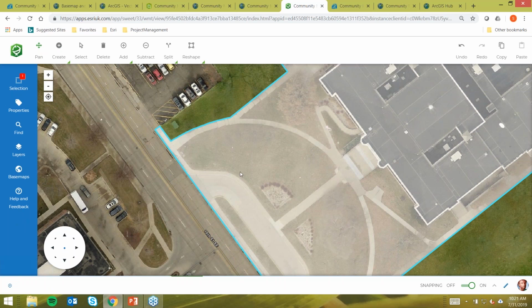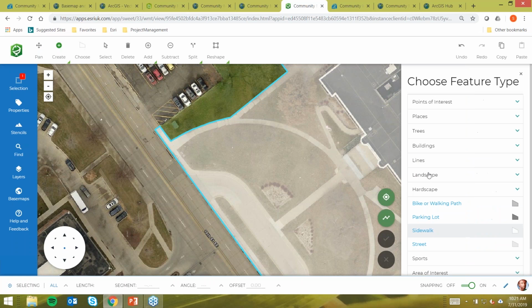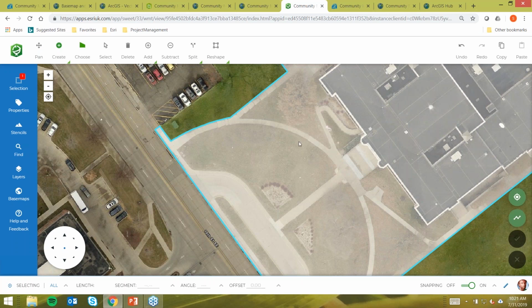And so then what I would do is continue to create and choose. This time I'm going to go back to grass to make this feature. Okay, so I'm going to start on the inside here. I'm going to use my curve command again to curve around this feature. You see I did 2 curves to make it all the way around, and then go back to my straight line. This is really cool. It'll show me what my right angle is. I think that's really neat. And it'll give me back to the curve, go back to straight, double click, and that feature is now cut